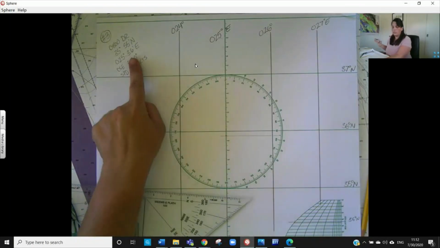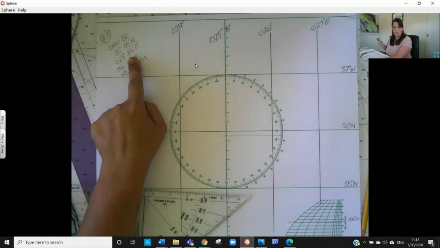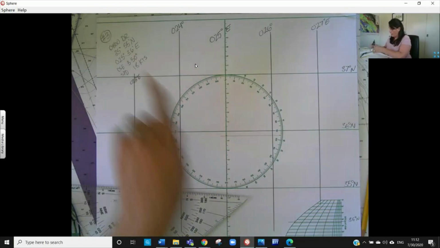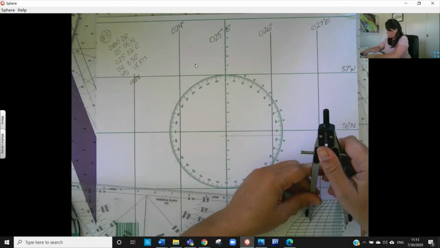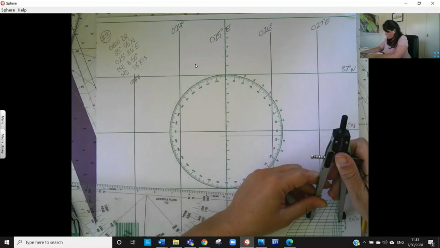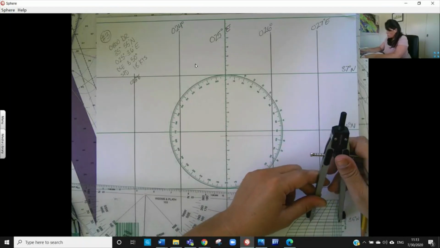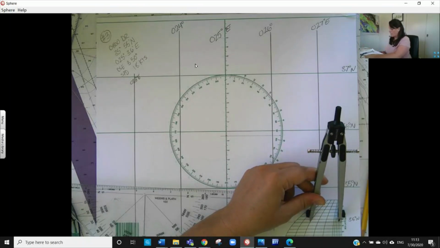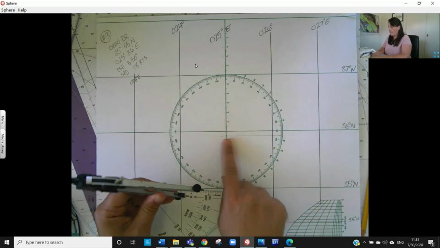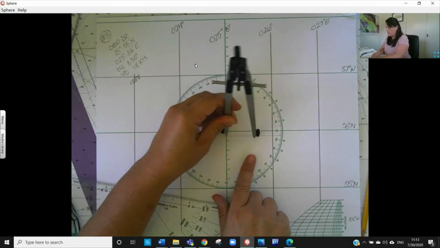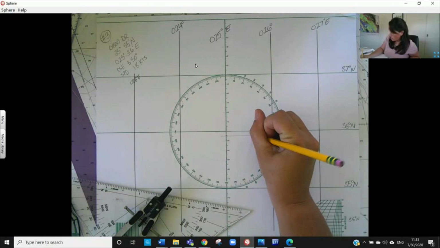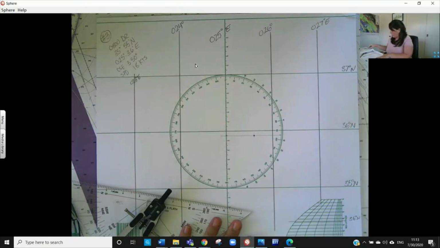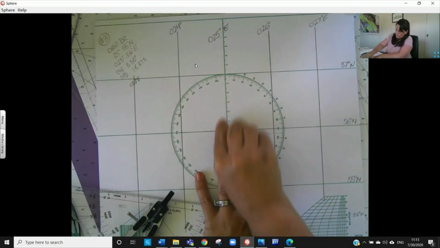My longitude was 25, 36 minutes east. So I'm going to start on the 30 and find the 6. So it goes in 2s. So right here would be my 36. And now that 25, 36. So here's 25 going 36 to the east. This is my DR position. So I can erase